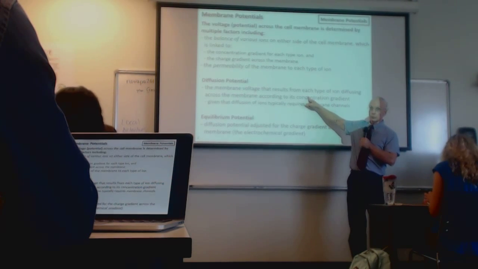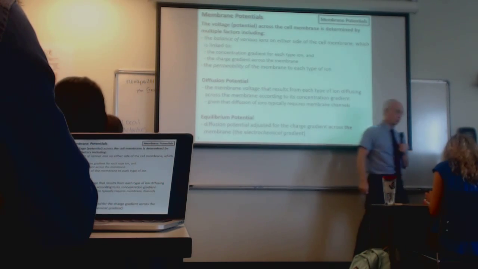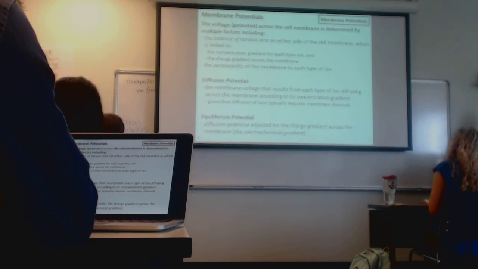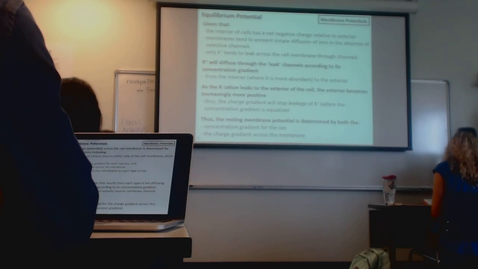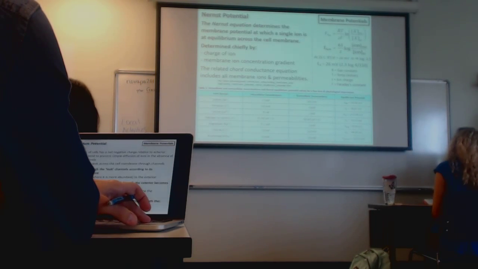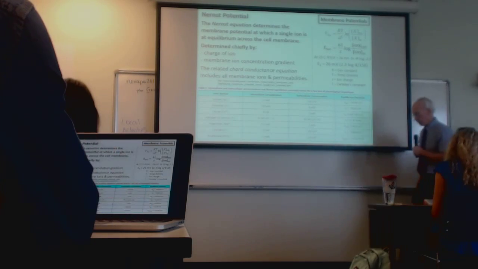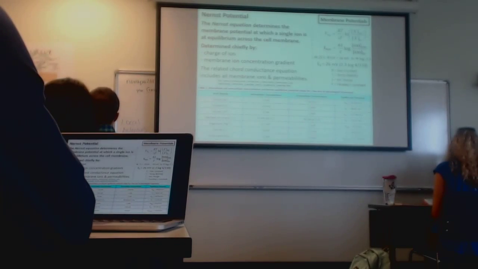Diffusion refers just to concentration. Equilibrium, at least in our somewhat simplified definition, refers to both charge and concentration. And so we've already talked about potassium. I've already asked that question. These next two slides just refer to a discussion of what happens when we have potassium leak channels. But the last thing, we need to talk a little bit about the words